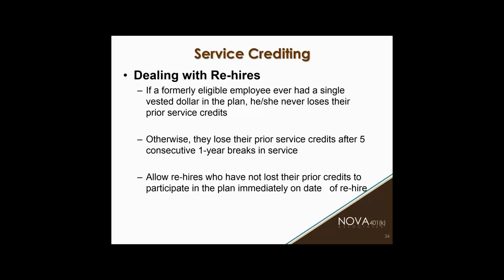Okay, so again, in that example, somebody 7/1 of 19 was the hire date, let's say, or 6 of 19 was the hire date. They don't actually get credit a year of service till 6 of 2020, the 12-month anniversary date. That's when they get credited 1 year of service, and then they still have to wait until the next entry date.